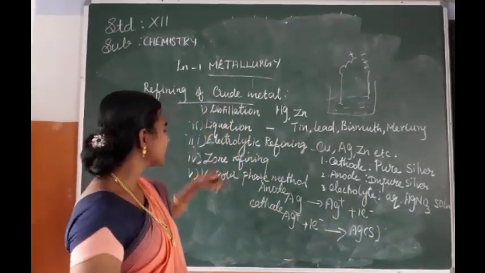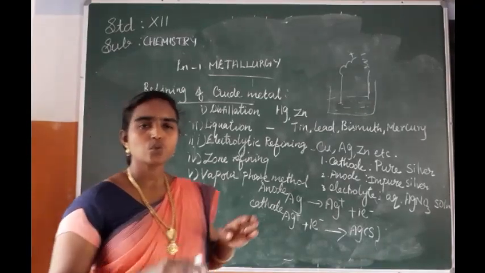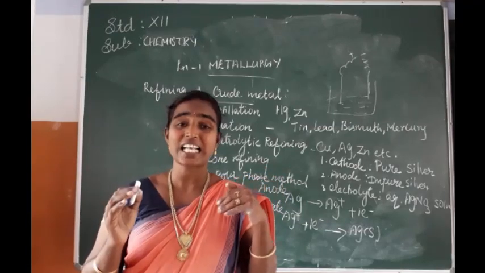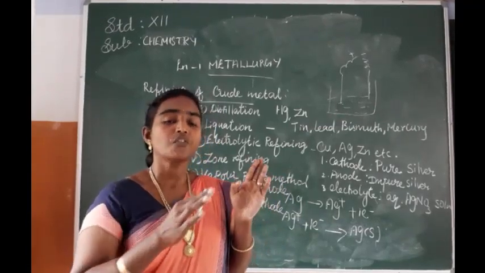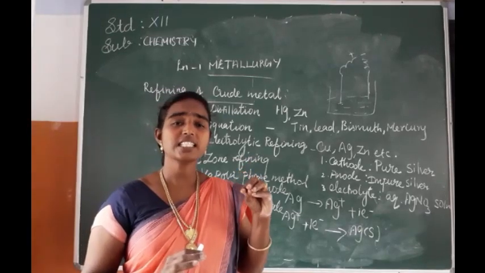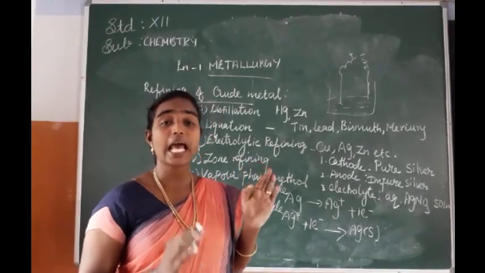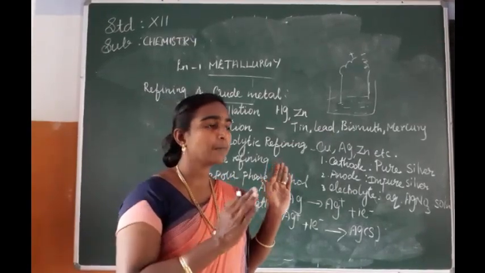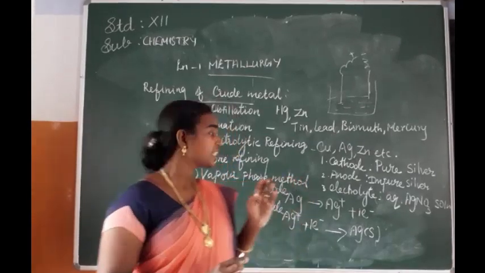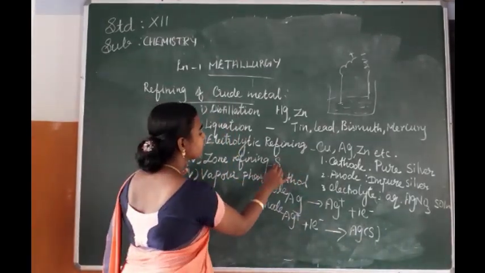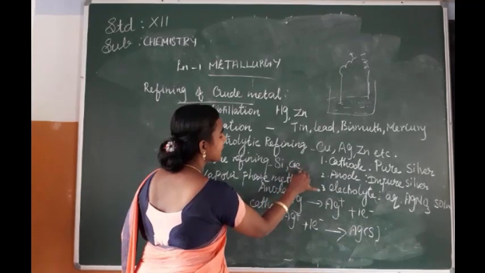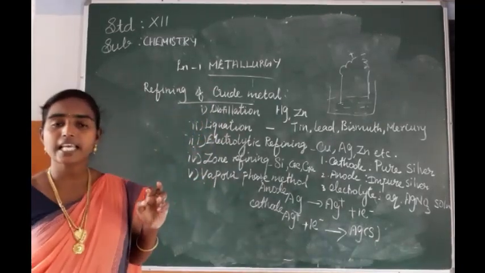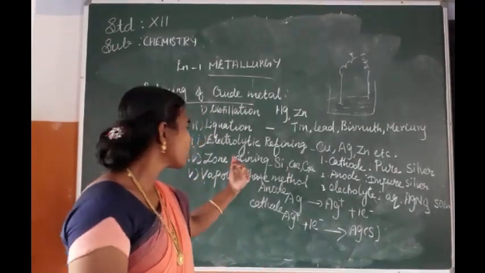Okay. So next we can see zone refining. Okay. So the basic concept of the zone refining method is fractional crystallization. Okay. So fractional crystallization. We can say that during this zone refining method, ultra pure metals can be prepared. Usually this type of zone refining is useful for silicon, germanium, gallium, so semiconductors: silicon, germanium, gallium. So these types of metals can be purified using this zone refining method.